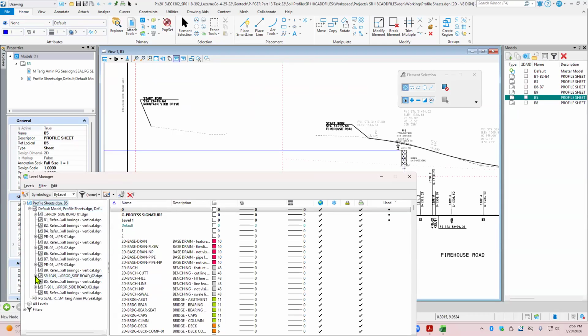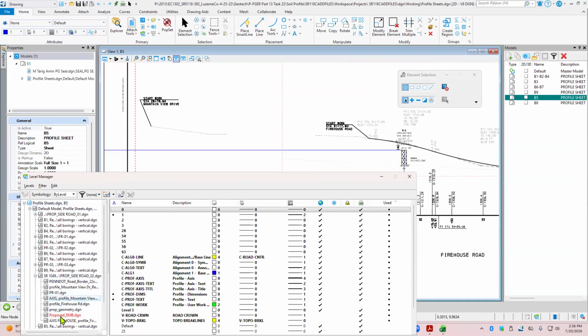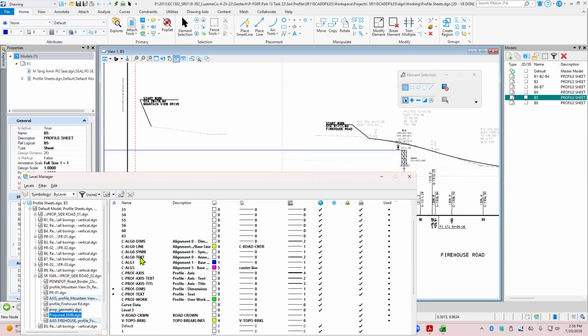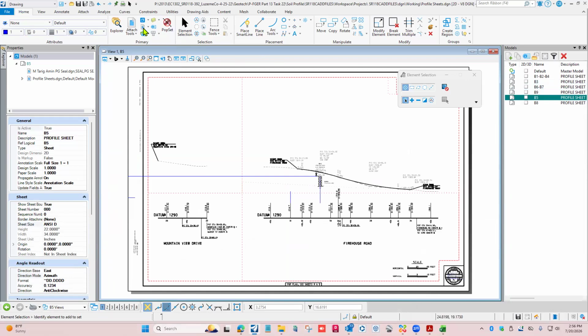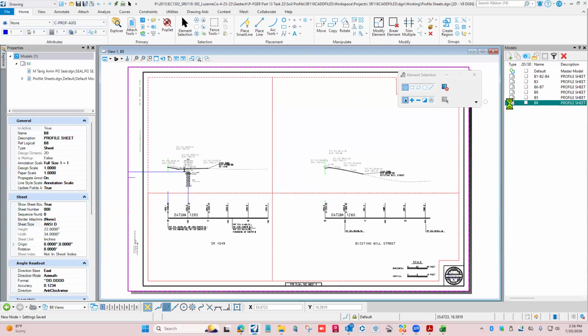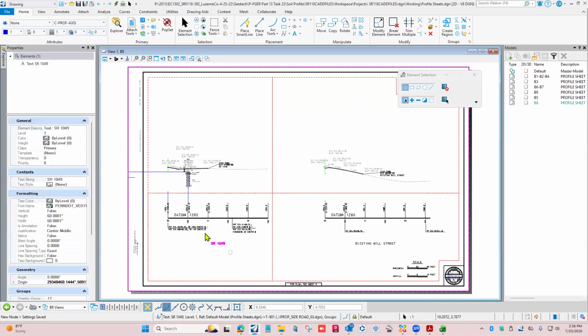So on the axis references, profile axis text. There we go. All right, now I'm going to save settings for each one of these. All right, so as far as I know, that's good to go. We've got seals and signatures, everything except these references to these different sheets. So we'll come back, make sure that's a